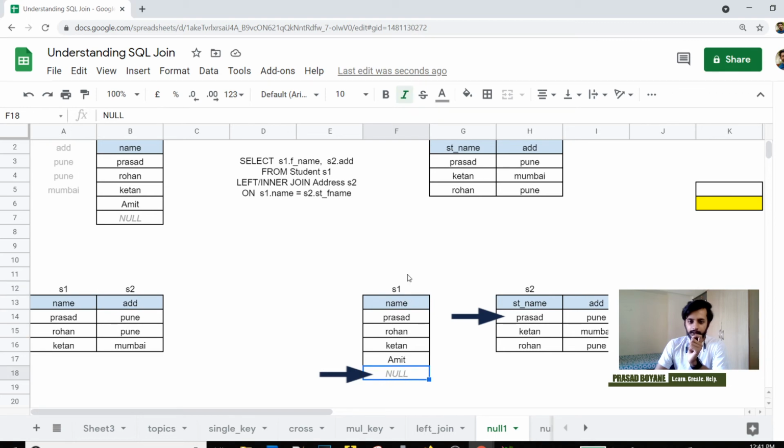That means in the current record, we are checking null equal to Prasad. But we have just seen that null will not work with any of the operators. So even if it is matching,